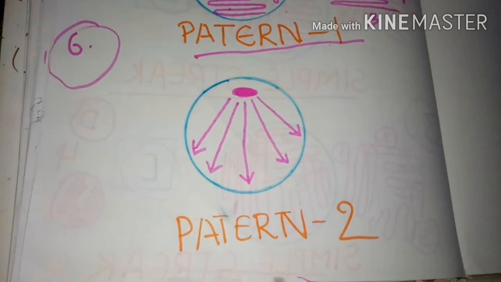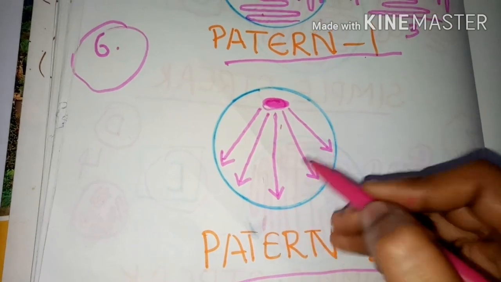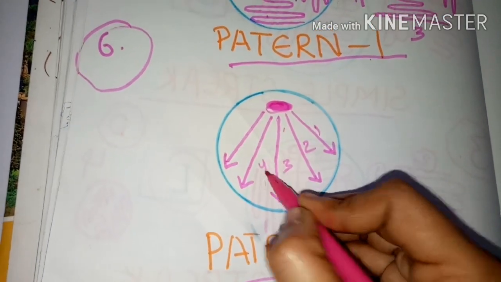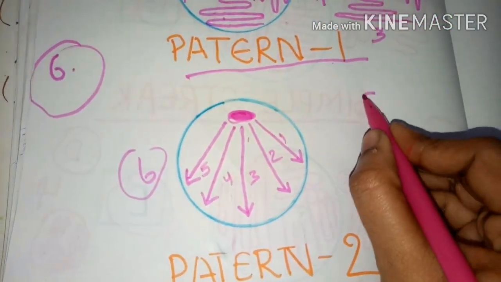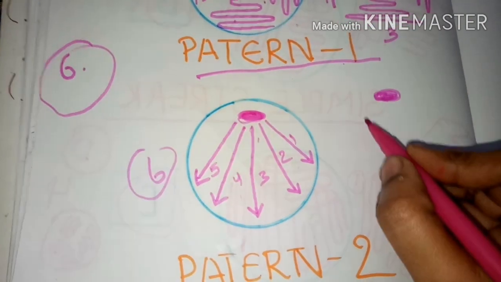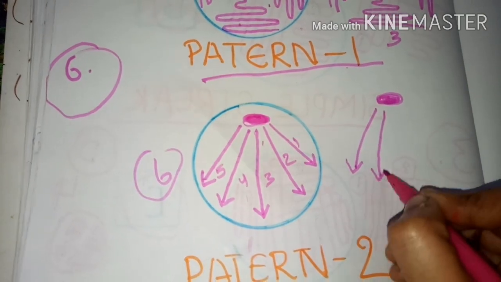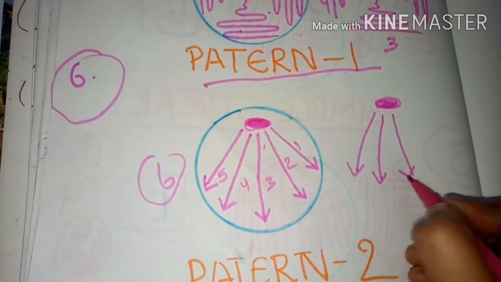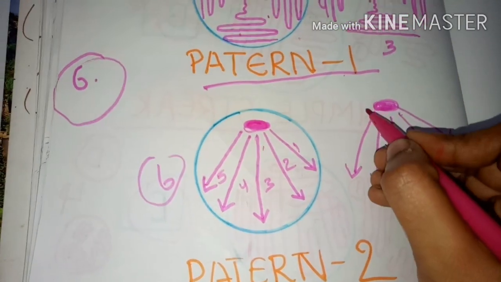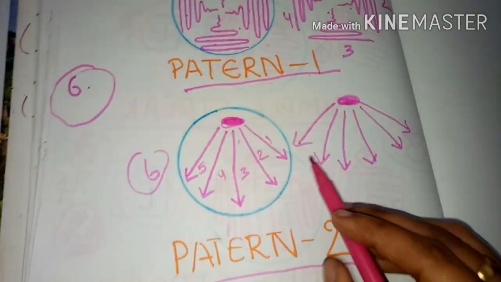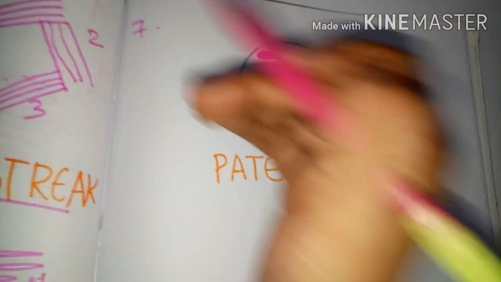The next one is the sixth type of streaking, designated as pattern two. Here that one is the mother culture. From that we can draw lines like arrows, 1, 2, 3, 4, 5. Based on our convenience we can draw 6 or 7 also. Let's see how it is streaked on the agar plate. After keeping the mother culture, we can draw the lines in the downward direction with the arrow. I'm showing how we have to draw the line in the downward direction with the arrow. These are the different streaks in pattern two, the sixth type of streaking.